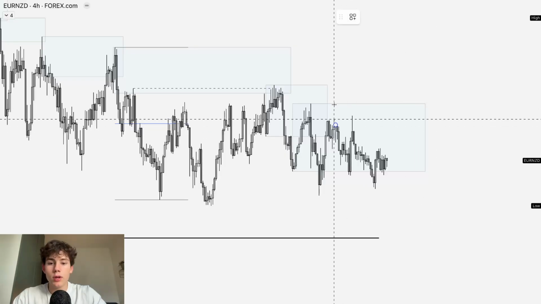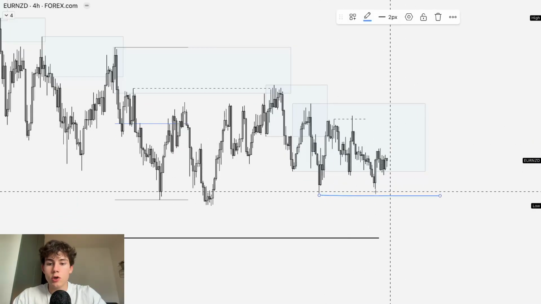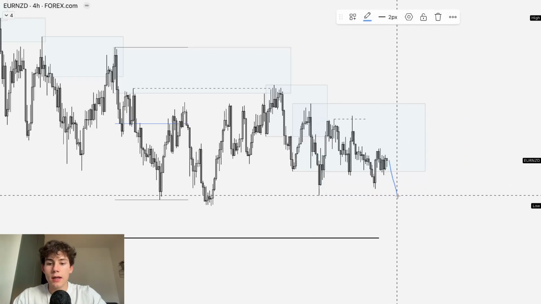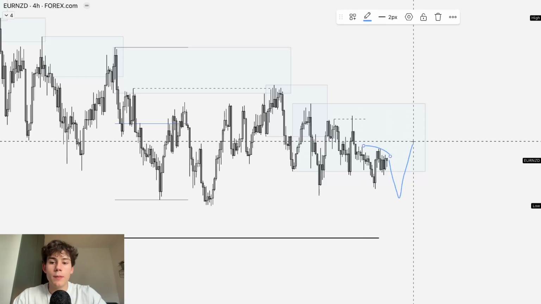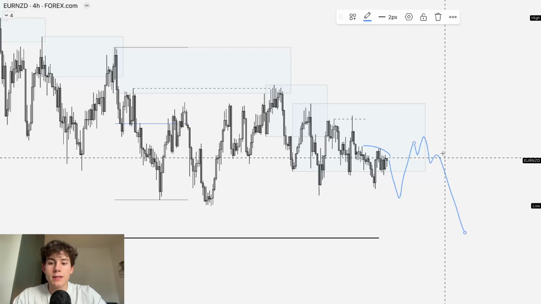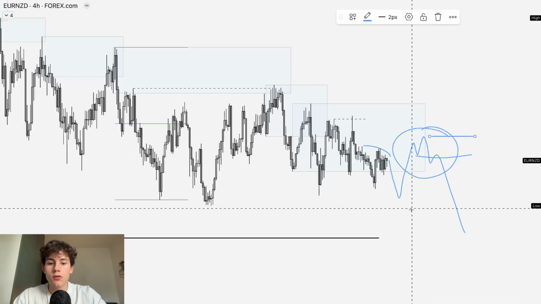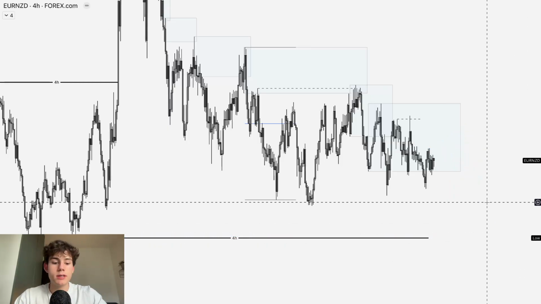Now what can I see? We took liquidity above these highs over here, and we then started to trade down lower. So I would want to break this low, because we then create another daily supply zone, and then again, like you know the drill, we take liquidity above the highs, or that's what I'm waiting for, then a fractal break, and that's my point where I go short, enter here, stop loss here, trading down lower in towards this liquidity. So that's the game plan on Euro NZD.